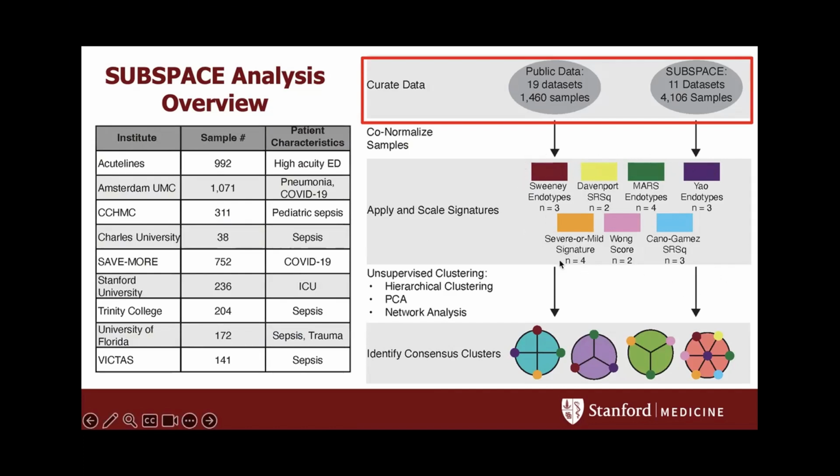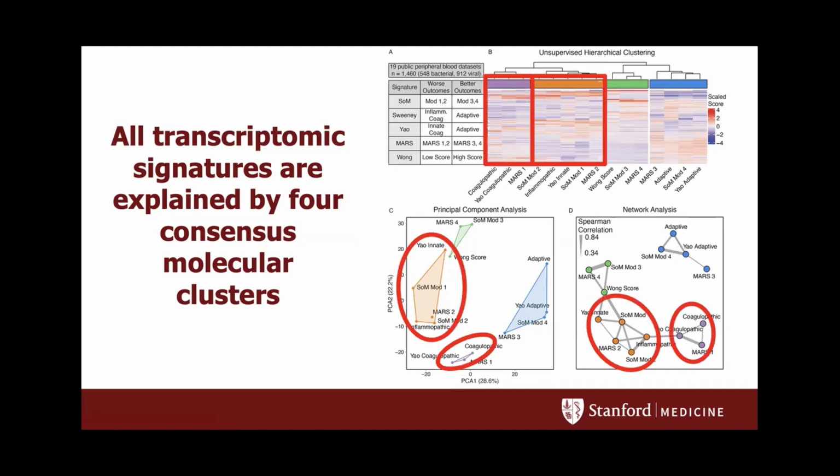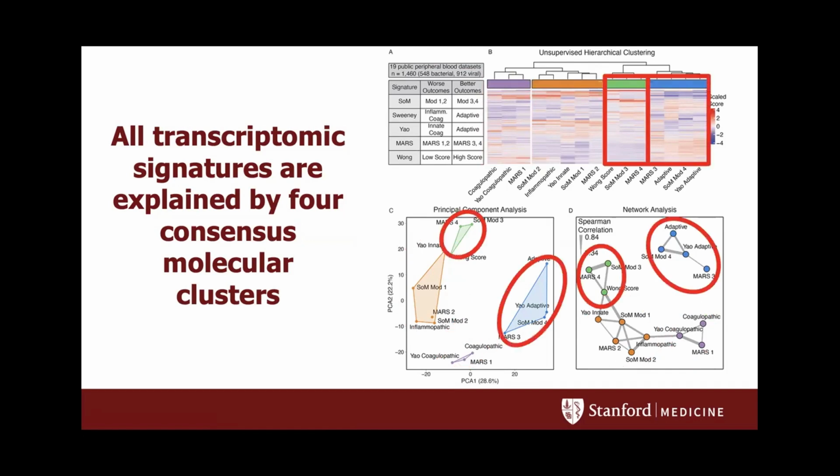So what we did is we applied all these different signatures that I showed in that slide before, and then showed through various clustering algorithms how these different endotypes and their endotype numbers were similar or different from each other, identifying essentially consensus biologic endotypes. And here are the results. So I'll spare you some of the details for the sake of time, but in short, across 3 different unsupervised approaches, we identified 4 molecular clusters of scores, which essentially showed 2 detrimental clusters in this sort of orangish and purple color, and then 2 protective clusters in green and blue.